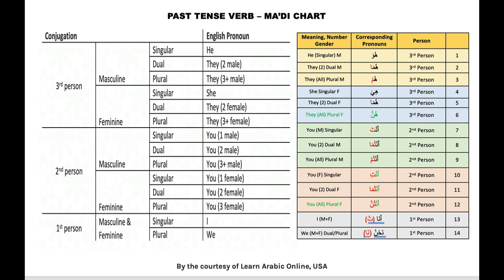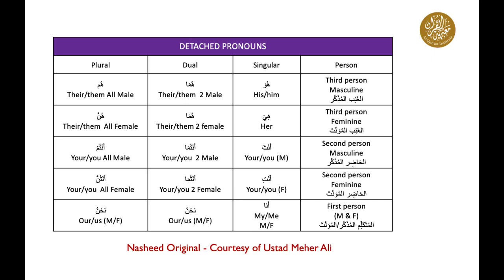So again, huwa, huma, hum, hiya, huma, hunna, anta, antuma, antum, anti, antuma, antunna, ana, nahnu. And I know some people find it very helpful to use that Damir Nasheed. So if you follow that, it will be easy to memorize, inshallah. Huwa, huma, hum, hiya, huma, hunna, huwa, huma, hum, hiya, huma, hunna, anta, antuma,